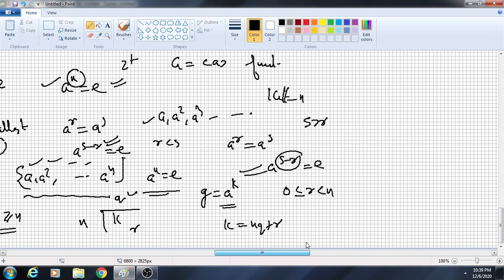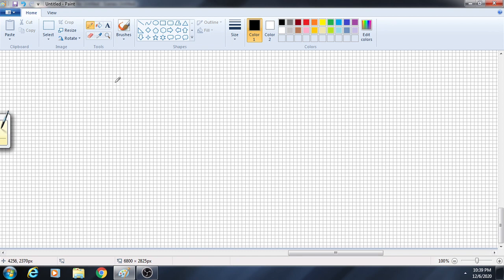Okay, so coming back again, in the set 1, minus 1, i, minus i, we have already got that i raised to 4 is equal to e. There are also other integers with this property: i raised to 8 is equal to e, i raised to 12 is equal to e. So we have shown that 4 is actually the order because it is the smallest such positive integer with that property. Okay, so next result we are going to see.